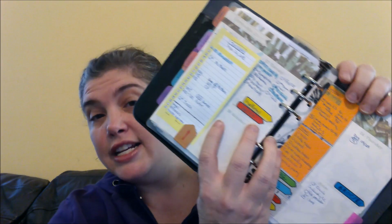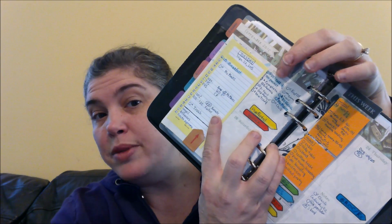I don't see anything else that really needs to be done right away. I do see a couple things that are duplicated. So I will go ahead and get rid of those because they're duplicates. Oh, I see that I need to take an errand to the bank. And again, that should be done